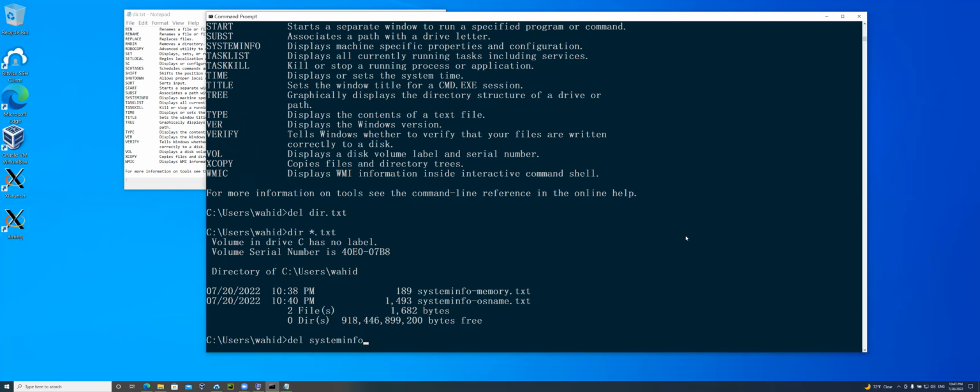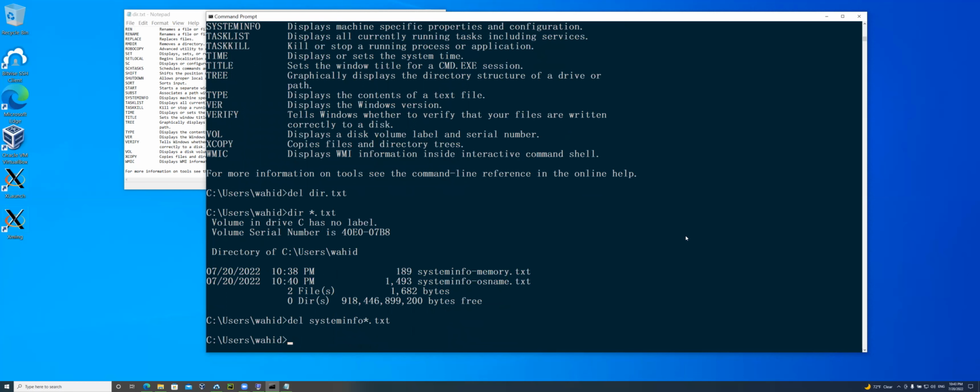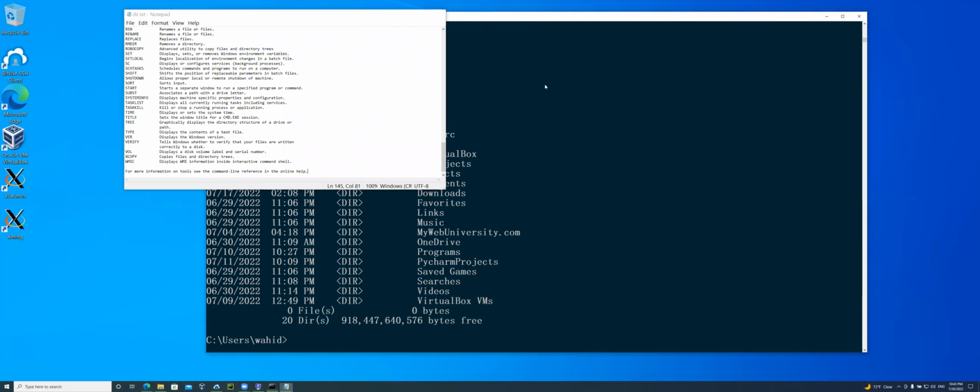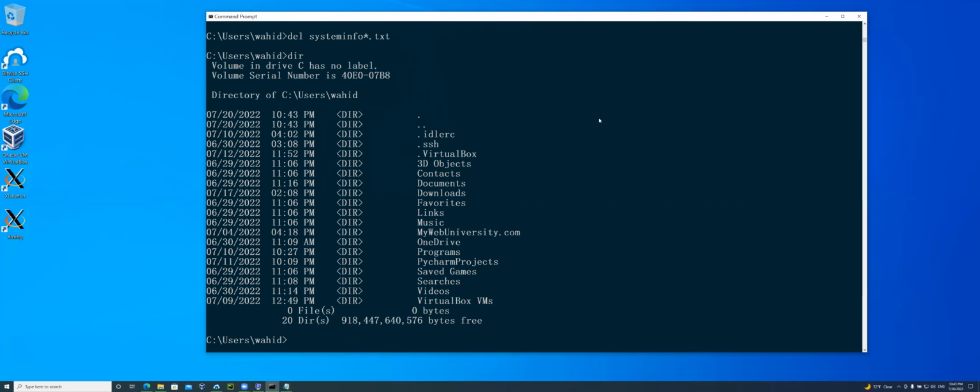Delete system info store.txt. It will just delete those ones. So now I don't have any files with .txt on the directory. I started clean. So you learn how to use the snipping tool and how to redirect with piping. Now I'm going to introduce you to another technique on PowerShell, how you capture information on a Windows PC